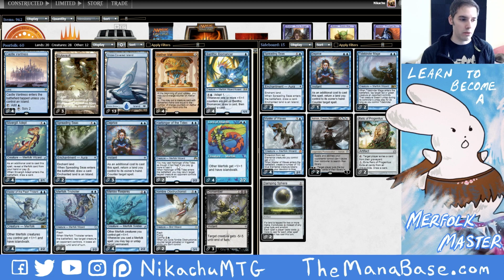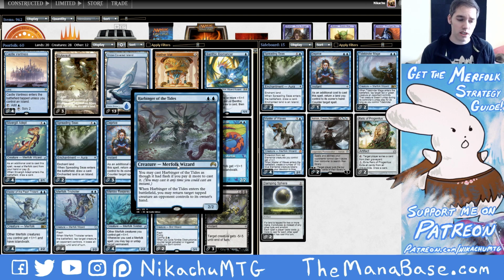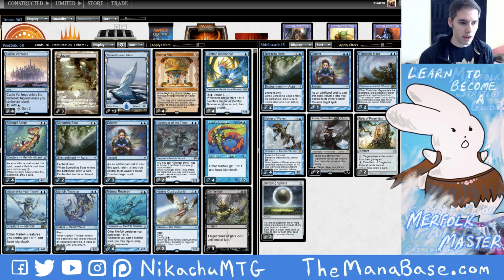I would rather play with... I don't want to play with Echoing Truth. I think a good card is Cryptic Command. I like having that in the sideboard. You can also play with Venser, but I just don't want to play with those cards right now. Also, I'm trying to keep this budget, so...